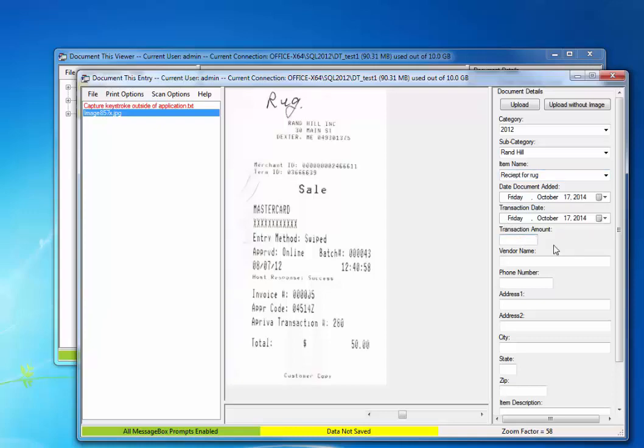Transaction amount, dollar amount of the receipt, let's say $50. You can press Enter to tab to the next field. Each one of these columns or fields have a tooltip with them to give you a little more information of what you'd like here, or what would be required. Vendor name, again,